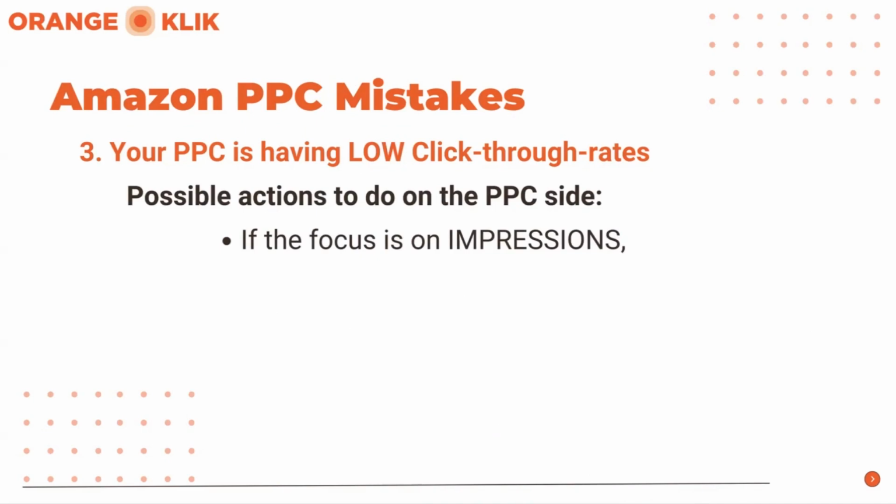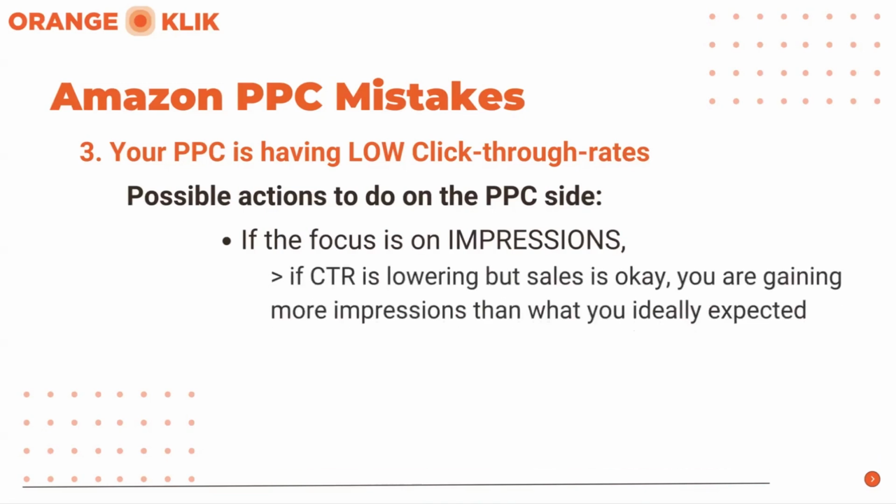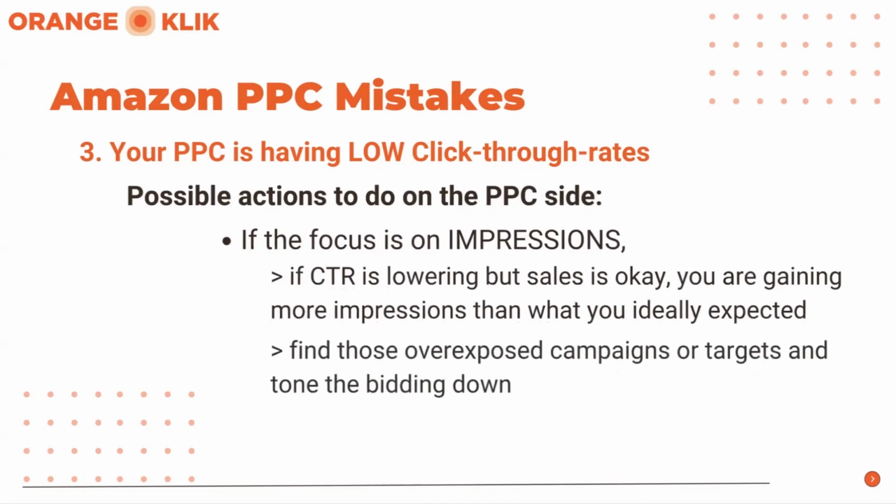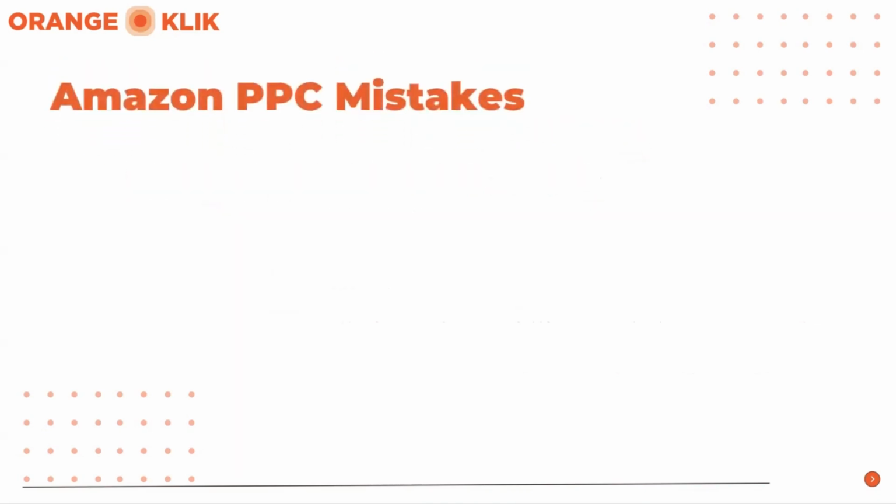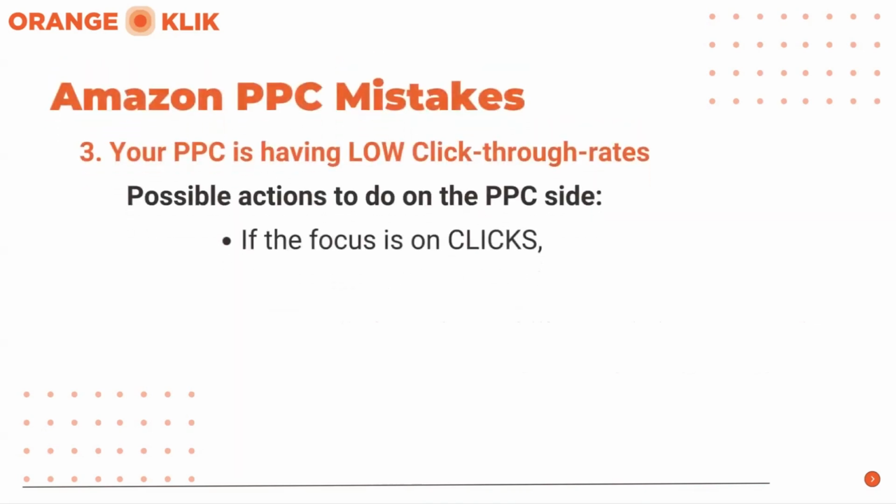First, if you will focus on impressions, if click-through rates are going slightly low but the account sales performance is okay, you are just merely gaining more impressions than the ideal. What you will do is to find those overexposed campaigns or targets and tone the bidding down. If you are going to focus on clicks, identify the product listing pain points and make recommendations for improvements, whether